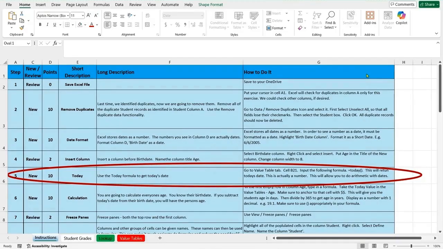We're now on step 5. With step 5, I want to be able to get today's date. If I'm going to do arithmetic to figure out somebody's age, I need to subtract today's date from when they were born. If I go to my value tables,